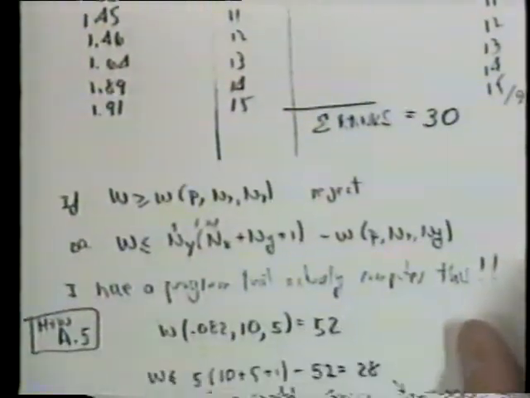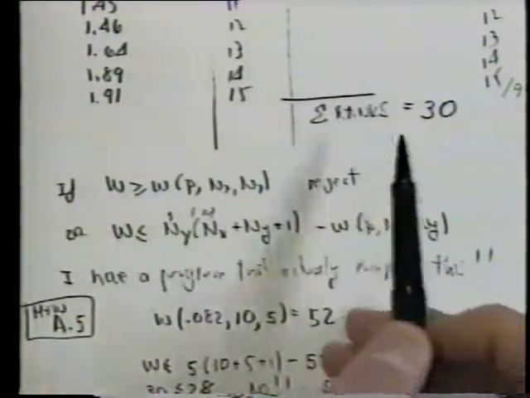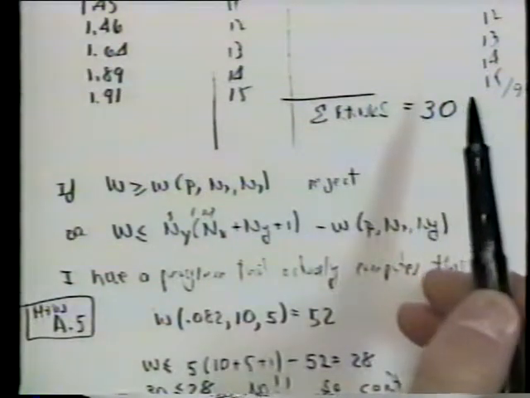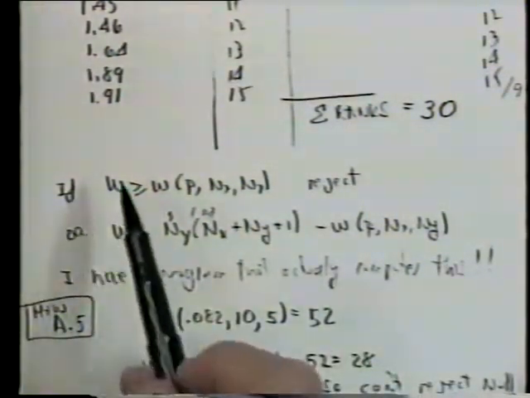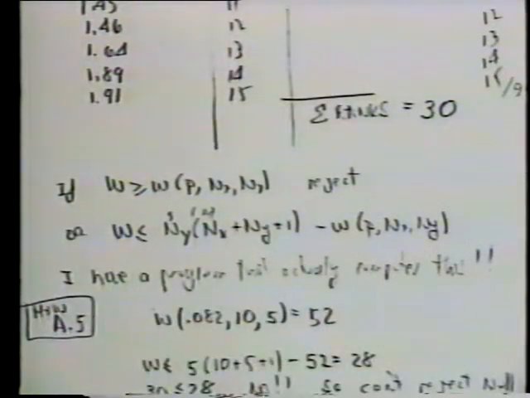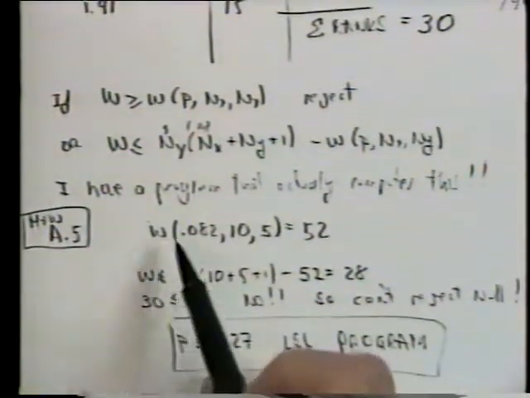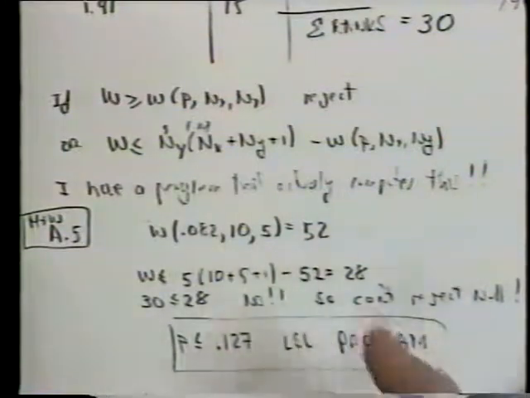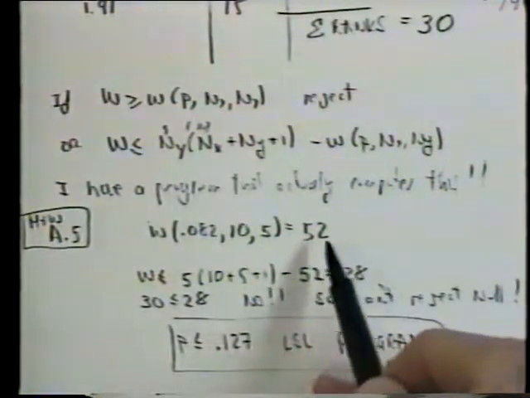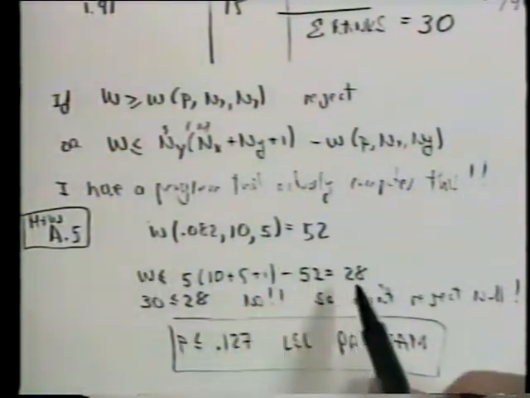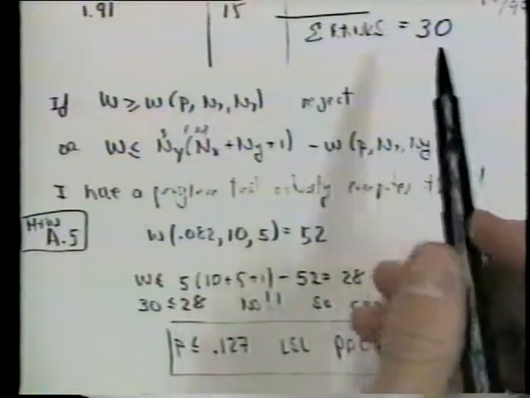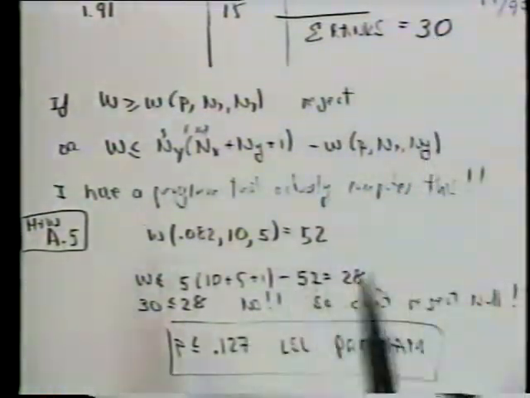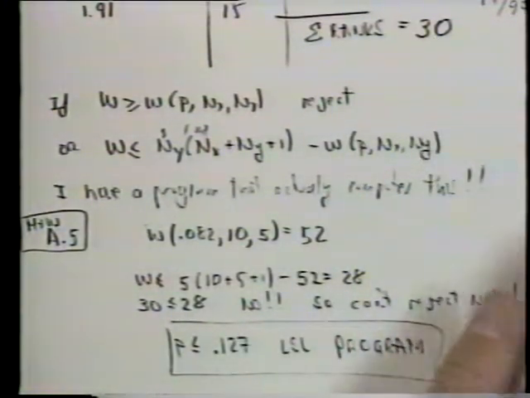And so in this case, it will turn out that there are 2 limits, whether this number is too large or too small. And it turns out we need to deal with the other end of this distribution, and we can convert that by using this formula. So when we look it up in the table, or in my basic program, number 52 pops out. We need to convert it because it's really 28. We're only dealing with the other end. And the deal is this 30 is not less than 28, and so it's not statistically significant.